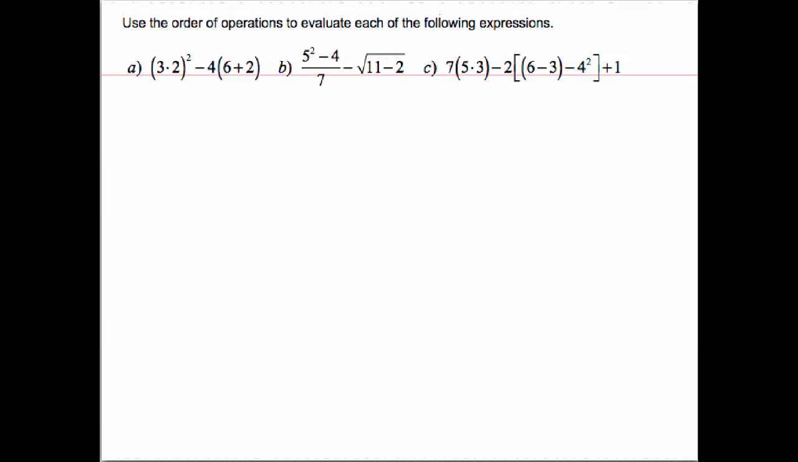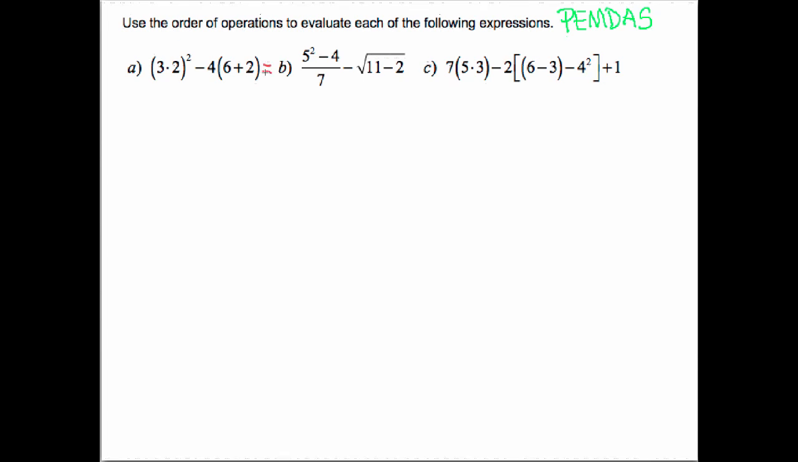Use the order of operations to evaluate each of the following. We'll use parentheses first, exponent second, multiplication and division third, addition and subtraction fourth, or please excuse my dear Aunt Sally. Looking at A, we have 3 times 2 squared minus 4 times (6 plus 2), and this will be